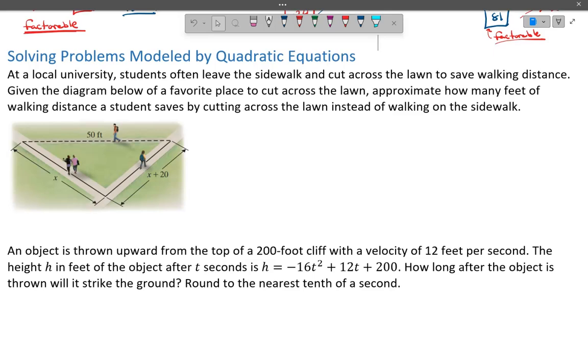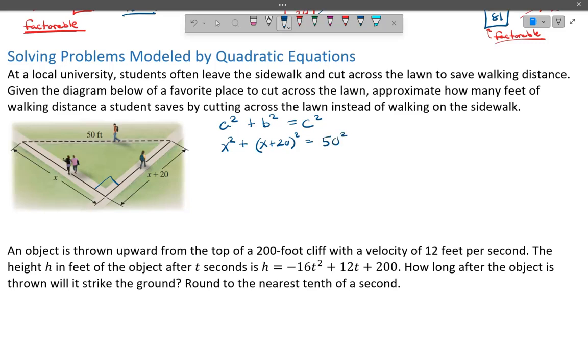So it says we need to figure out how much distance is saved. But I first need to know what this total distance is that a student would walk. And in order to figure that out, I need to solve for x. Because we have a right triangle shown here, we can use our Pythagorean theorem. Our legs are going to be a and b, so we have x squared plus (x plus 20) squared equals